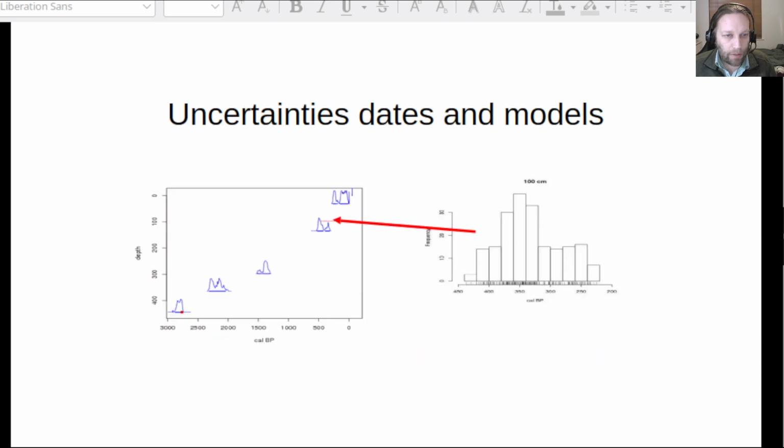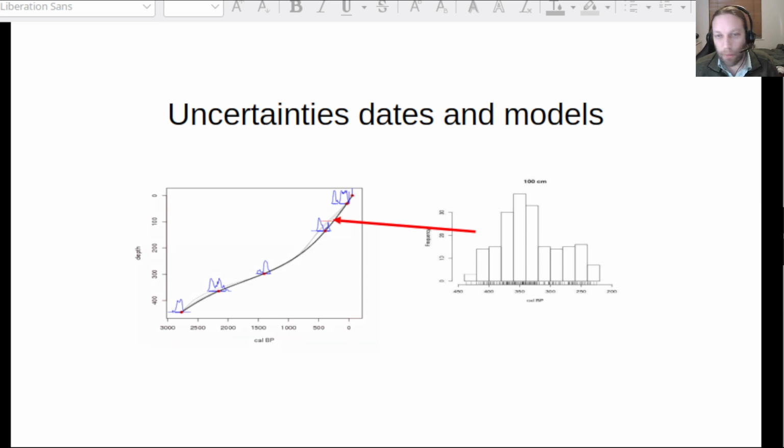Okay, so when we have those models, what we do is we sample from our dates, as we saw in one of the first slides. We sample from the calibrated dates from each date and then just draw a curve through it. That's one way of doing your age-depth model. And then you simply repeat that process many times. And that is very easy to do in software, where within a few seconds you can get thousands of iterations,